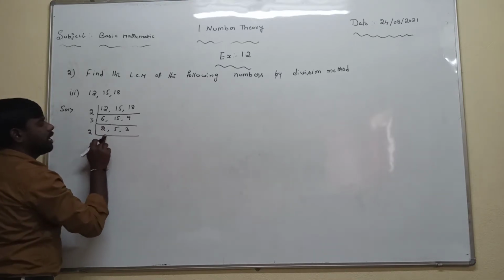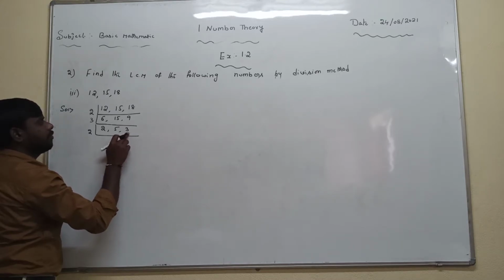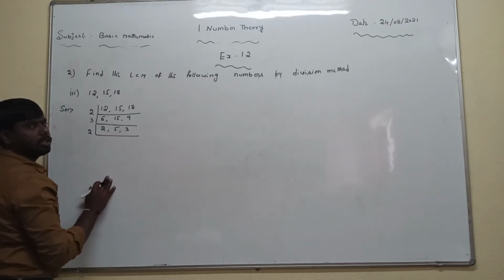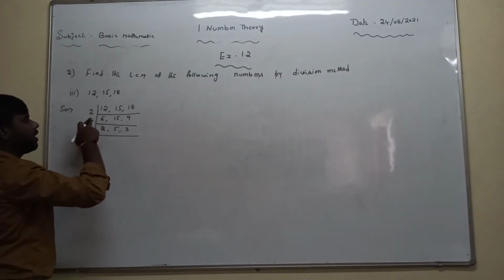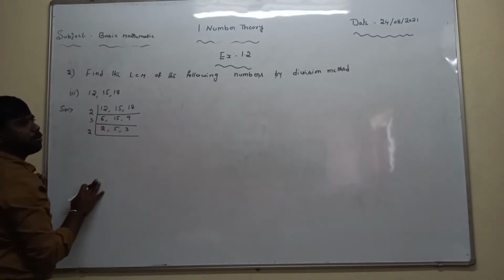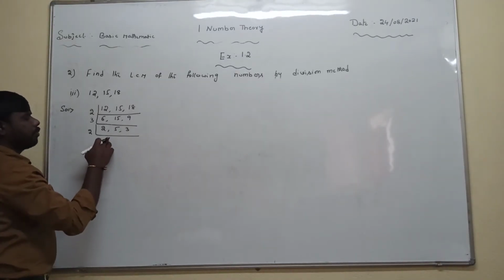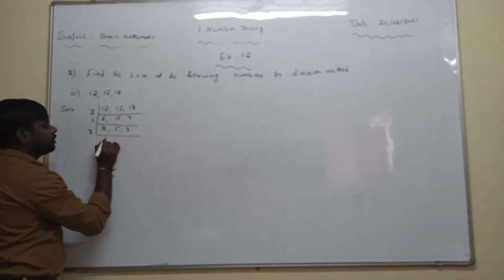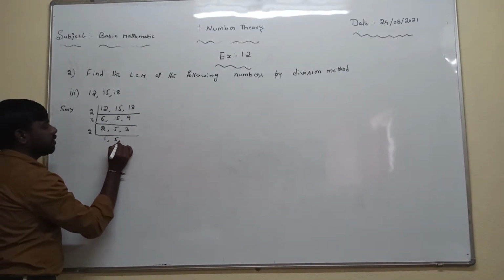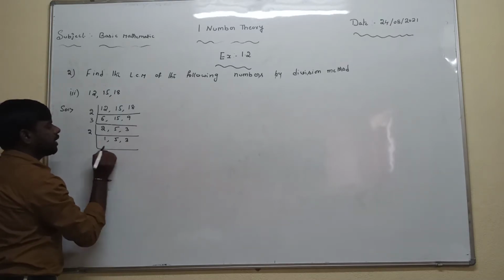Finally you can stop the division here because 2, 5, 3 are also prime numbers. You can stop the division after taking the product of the divisors and the remaining prime numbers, or else continue until the remainder is 1. 2 ones are 2. 5 is not divisible by 2, so write 5 as it is. 3 is not divisible by 2, so write it as it is. Next I am taking 5. 1 is not divisible by 5, so you can write 1 as it is.